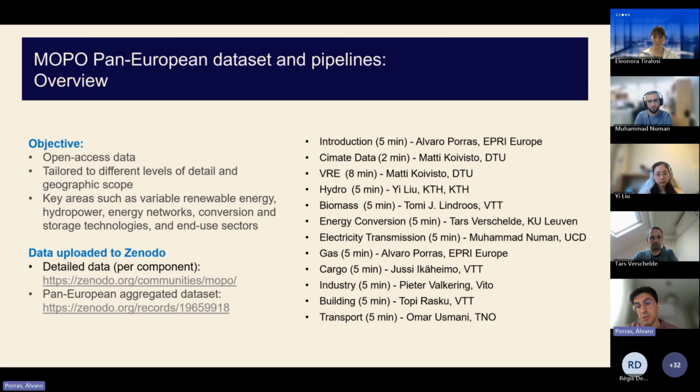Electricity and transmission right now is focused on cross-border transfer capacity and cross-border networks, but we expect to have more resolution in this one. Also, the gas sector, the cargo transport, and in the last part of this webinar, an introduction to the end-use sectors, which are industry, buildings, and transport.